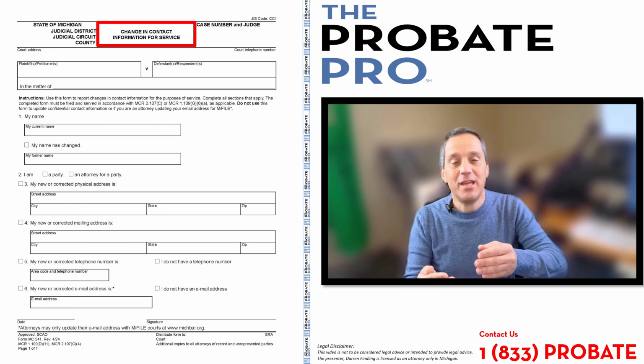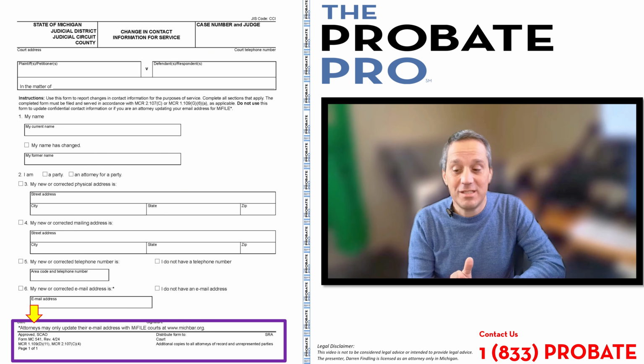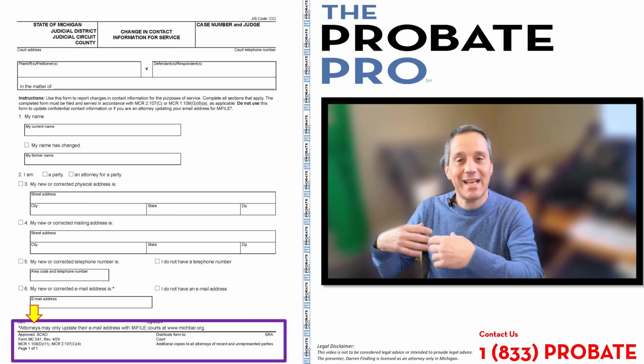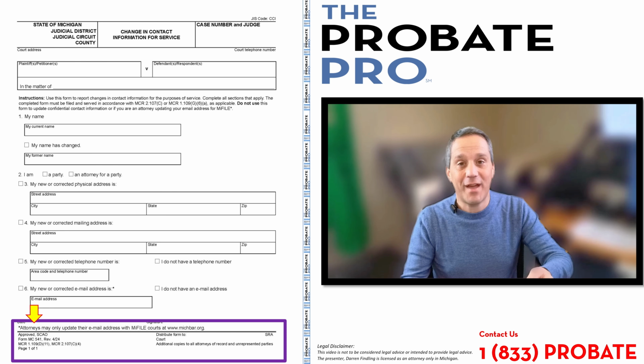You'll see in the highlighted area in the bottom left, MCR, Michigan Court Rule 1.109(D), and MCR 2.107(C)(4). Section 1.109(D)(11) relates to the obligation of yourself to update the information when you have had a change of either your name or your contact information. It's not on the other parties to do it. It is your responsibility in the cause of action, whether you're a plaintiff, a defendant, or an interested party, to